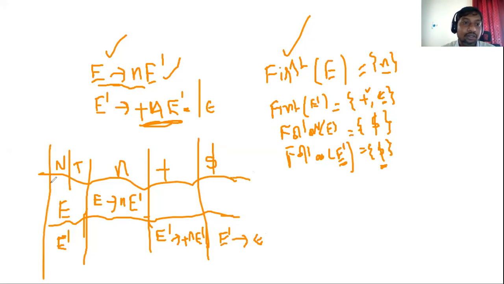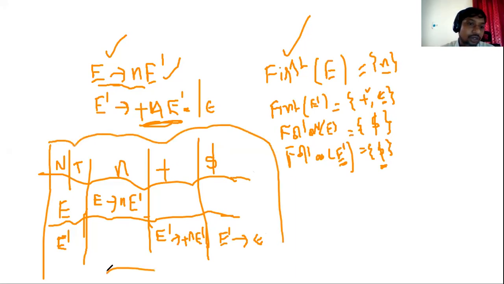So this is our LL1 predictive parsing table. All the unfilled entries, this one and this one, are considered as syntax errors. That means whenever you have E on top of the stack and plus as the current input symbol, there is no next move.